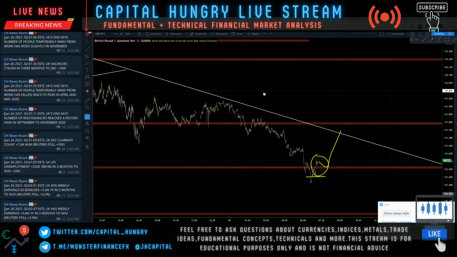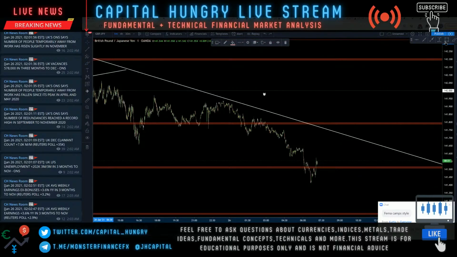But we're looking at the overall structure. I'm not taking safe buys unless we come above 0.800. Then we can go back to revisit previous highs. All right. So let me type this out for you guys.